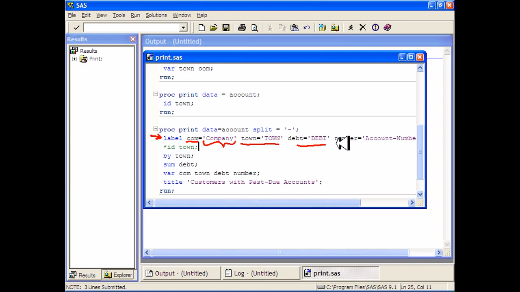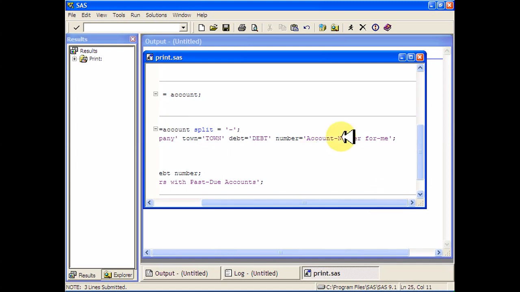Okay, that is nice. And then watch the label for number. I've got to scroll over a little bit. It says account number for me. So I've got 4 words. That means that label is getting a little bit long, right? Well, SAS will automatically pick out its own way of putting things on different lines. So it might write account, and then number will be on the second line, and then 4 might be on the third line, and then me might be on the 4th line. So I might have 4 lines where that title appears. If you don't want that, or if you want to split up the title in some other form or fashion,